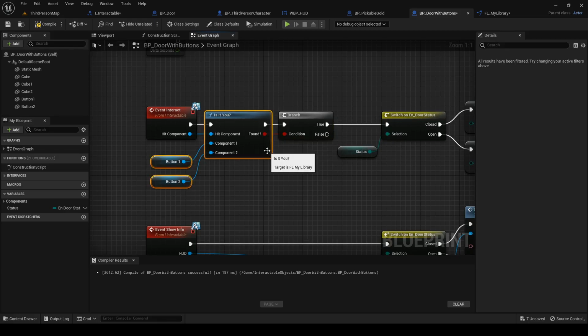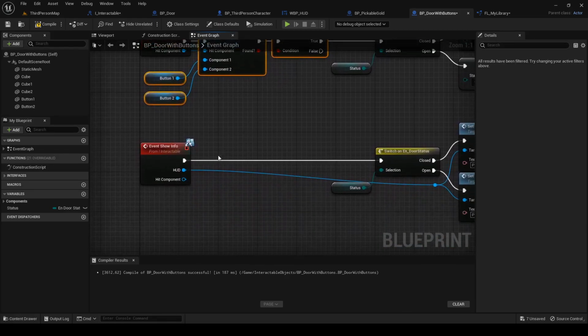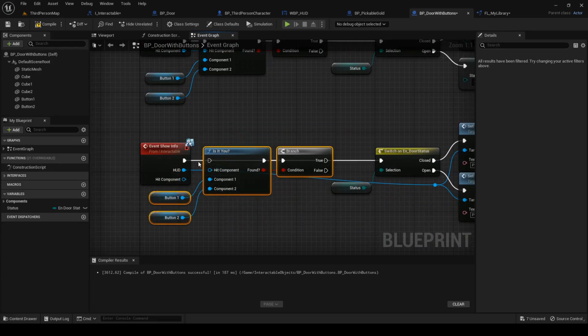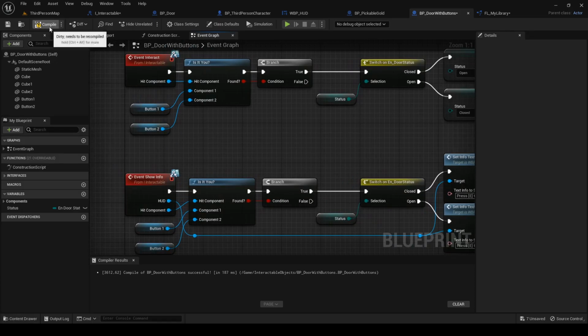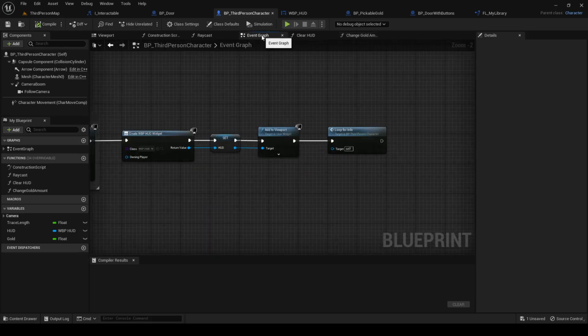Copy the comparison we just did, paste it after show info start, and connect it the same way. That's all for this blueprint, so hit compile and move to the third-person character blueprint.